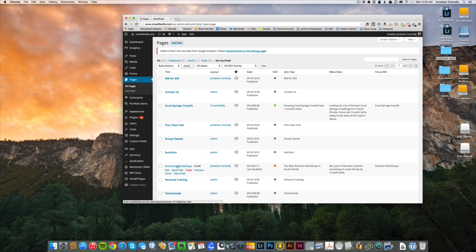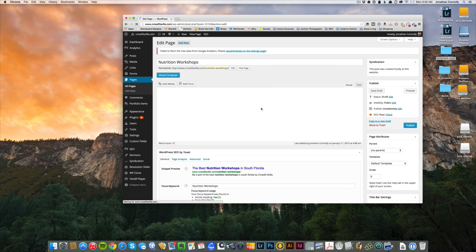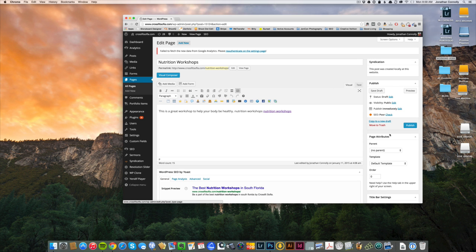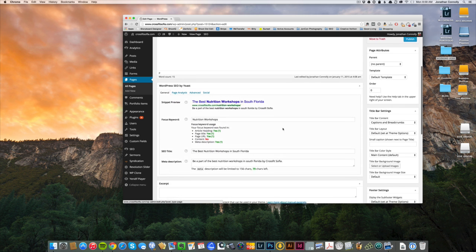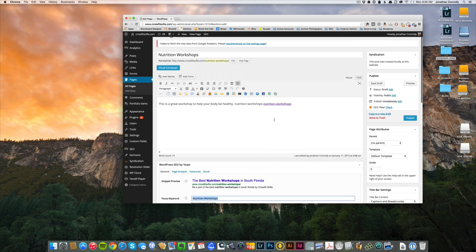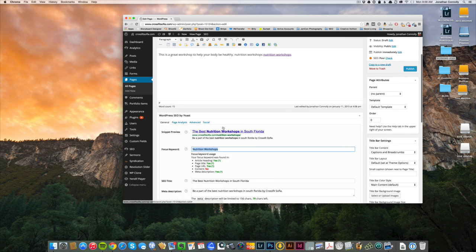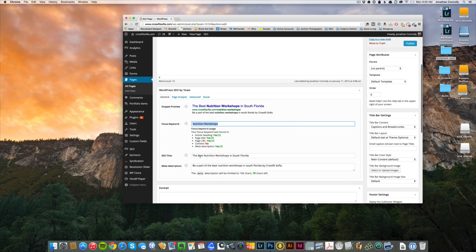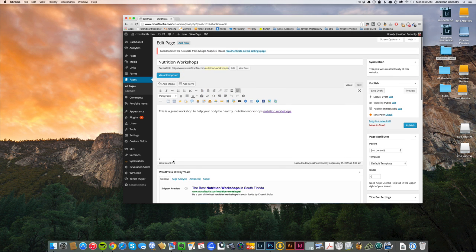So I'm going to open up nutrition workshops first. This was a test page that we were playing with to show you a little bit about how to set up your page. Okay, so first things first, here is the WordPress SEO by Yoast. It's the plugin that you can download, and it puts this into the pages. So you'll see it down here when you're on a new page,